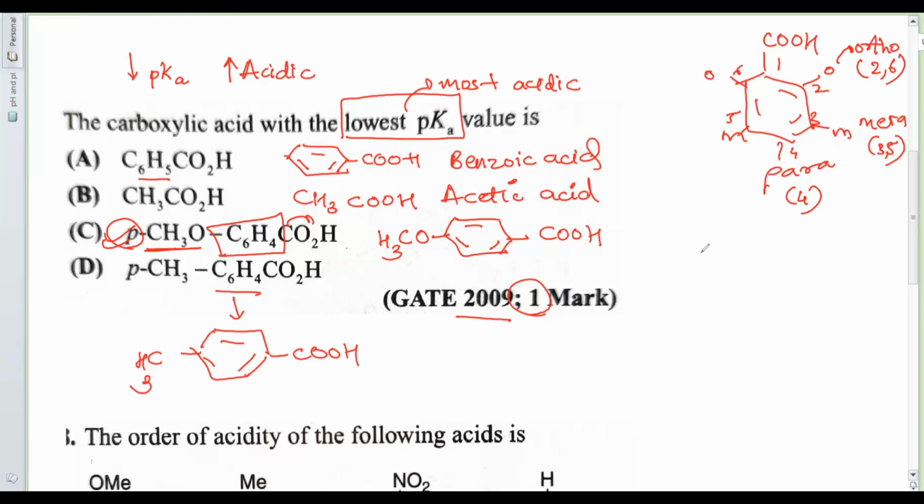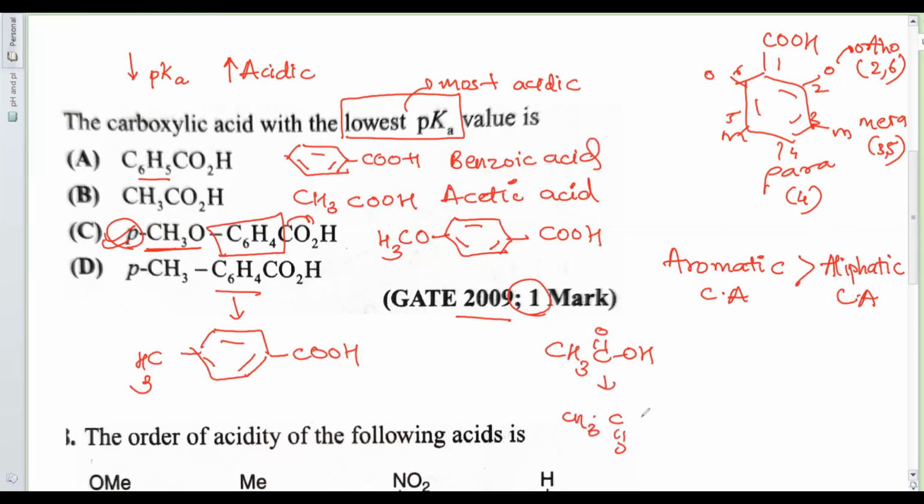Now, always remember the aromatic carboxylic acids are going to be more acidic than your aliphatic carboxylic acids. For a very simple reason: whenever an aliphatic acid like CH3C double bond OH loses its H plus, it forms a carboxylate ion, correct? Now, this carboxylate ion has only 2 resonance structures. What is resonance? This bond will shift over here. So this comes to be CH3CO minus double bond O.